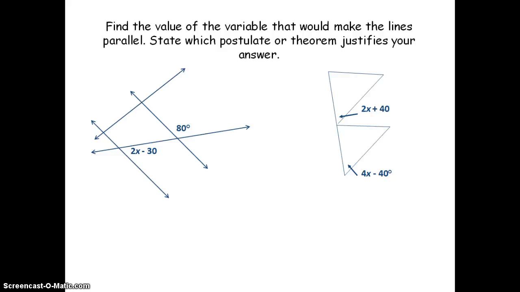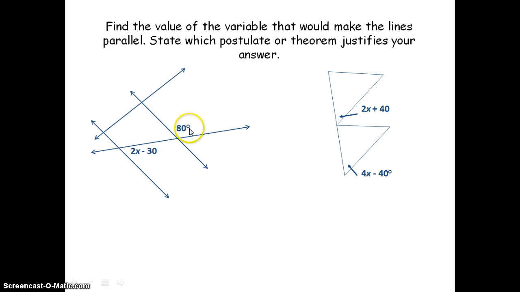Now I want you to find the value of the variable that would make the lines parallel. State what postulate or theorem justifies your answer. So looking at this picture, these two angles right now do not have any special angle pair in common. What I can do is manipulate this picture a little bit so that I can set up a special angle